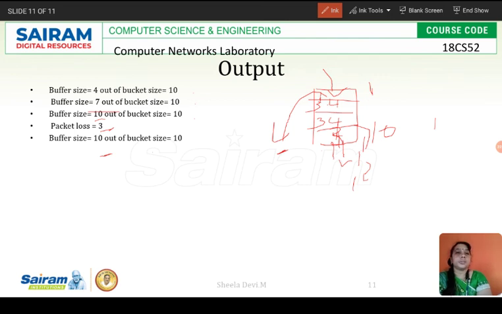Once it gets emptied by outputting 1 byte of data one by one like this, we will assume 10 seconds, with 1 byte of data emptied every second. So after 10 seconds the buffer will be empty, then it will again accommodate. Or after 4 seconds also it can accommodate one more packet, because it has 4 bytes of space. So like this the data will be regulated and we can avoid congestion in the network.